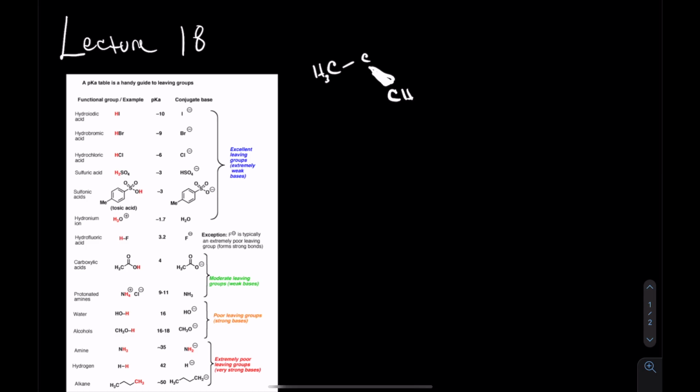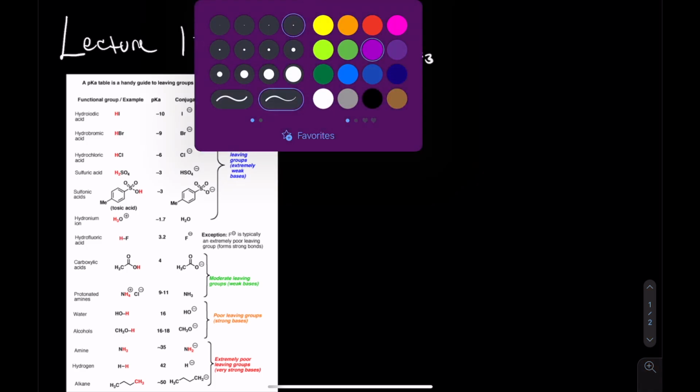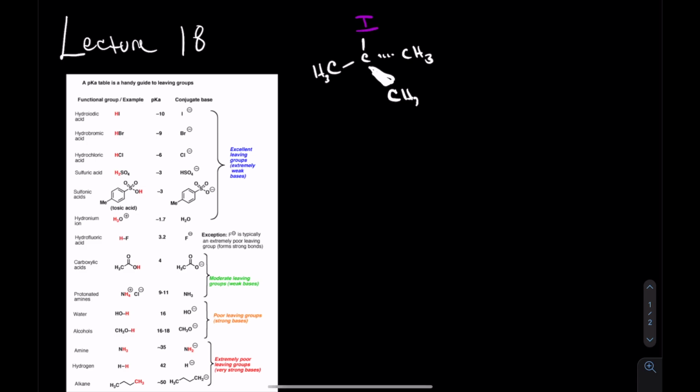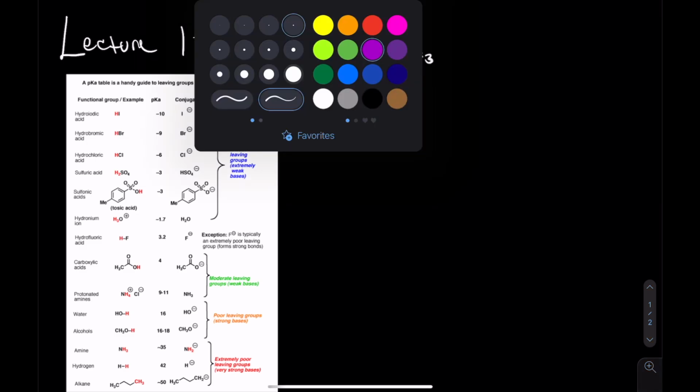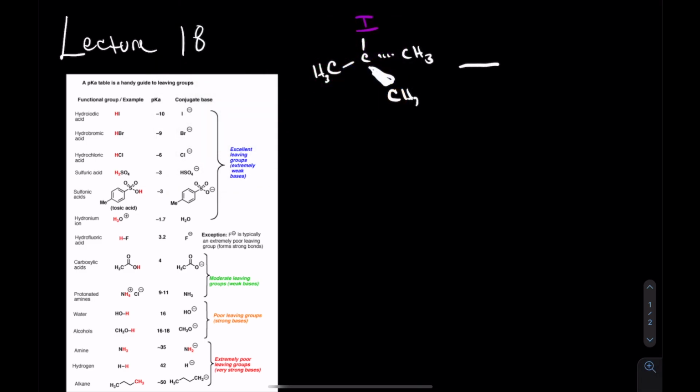And so if you have something that looks like this, which is very clearly a tertiary carbon, and I'm going to draw an iodine right there, you have an iodide, which we know is a wonderful leaving group. What you will have is an equilibrium between these two structures and the formation of